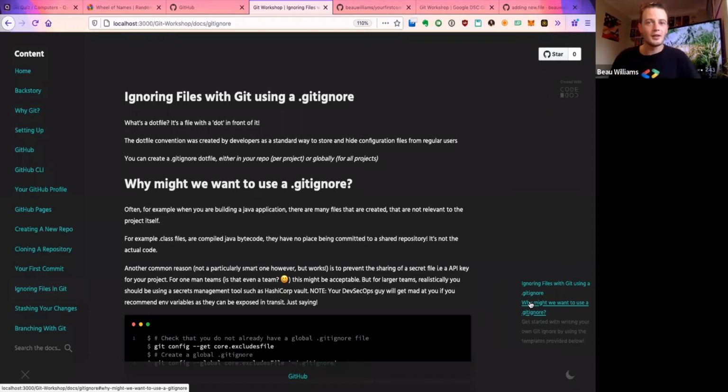The other reason why you might want to ignore files, and again, it's not a recommended way to do it, but if you've got API keys or secrets in your application and you're a one-man developer, maybe 2 developers at most, you could probably use a .gitignore to prevent those API keys. So it could be a secret.json, I don't know, whatever it is, and it's got API keys in it, which are like special passwords. You can use the .gitignore to prevent those from being uploaded to the remote repository, because obviously you don't want people seeing your passwords and API keys.